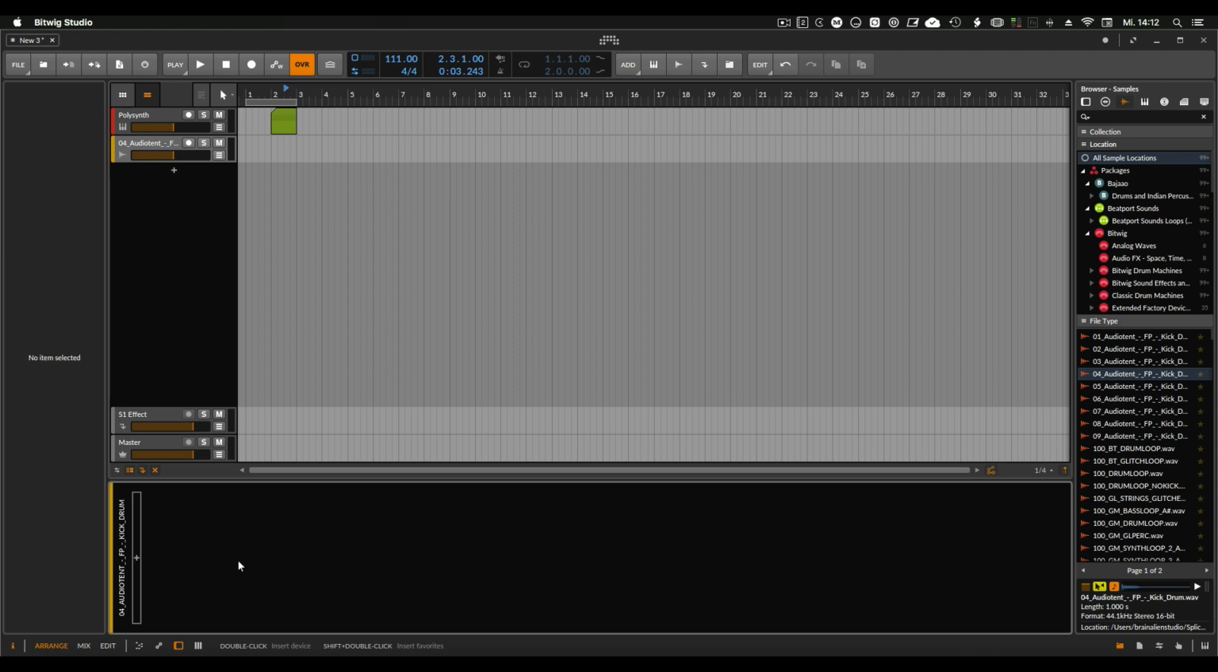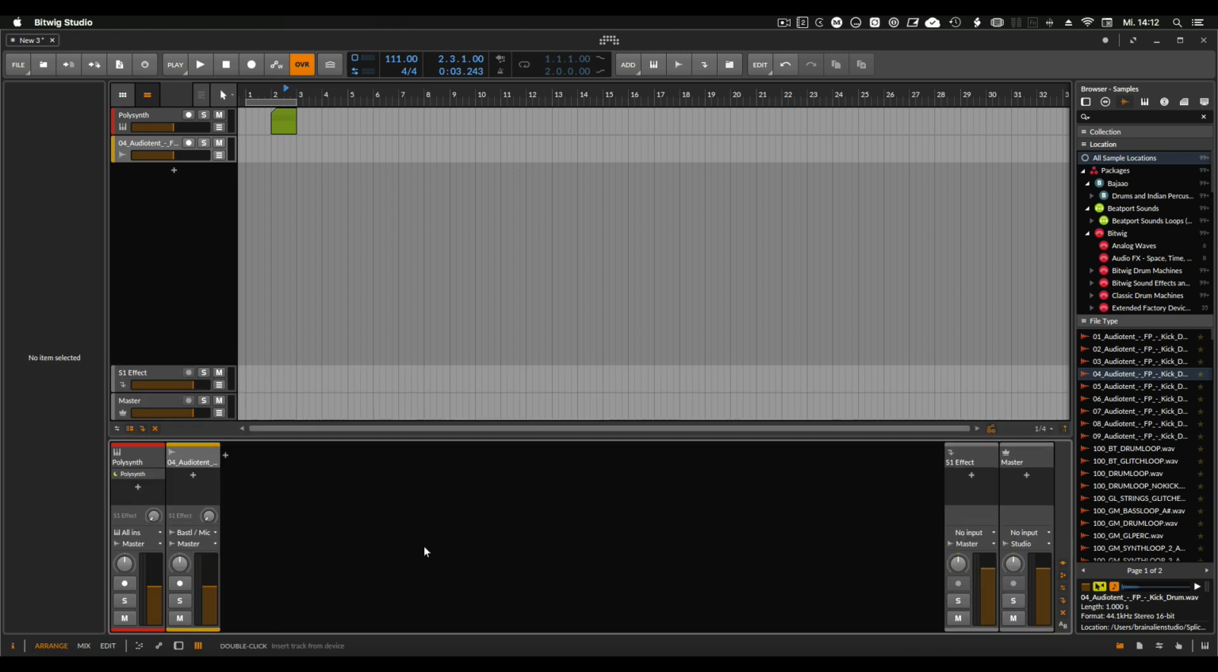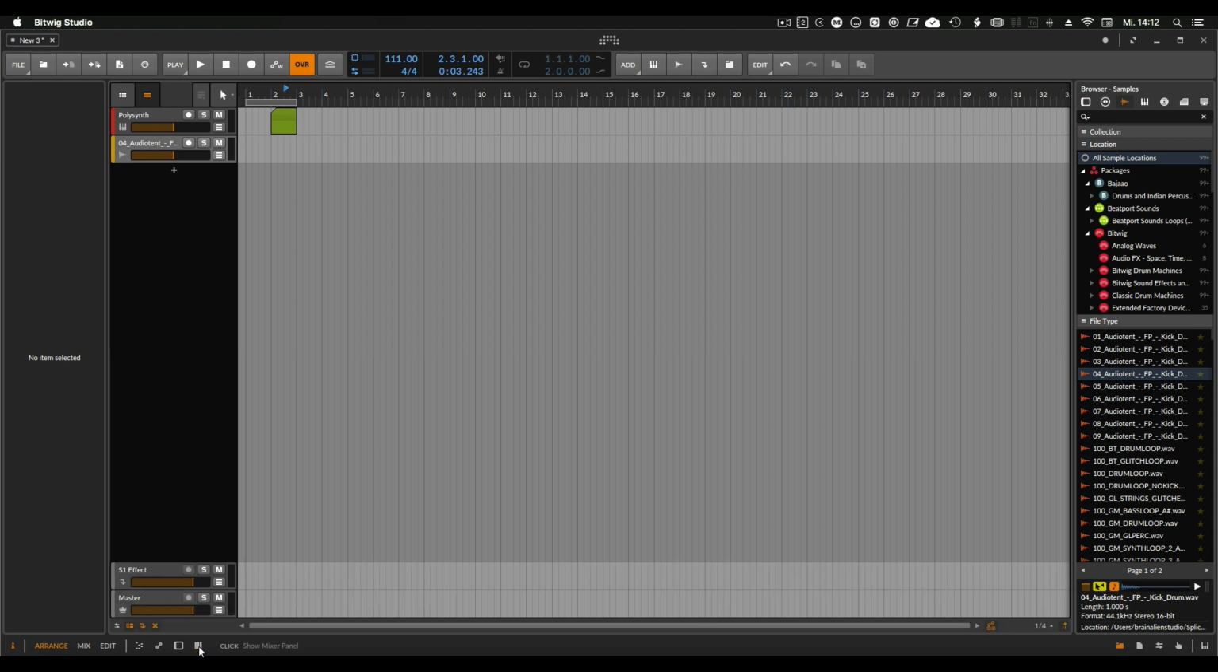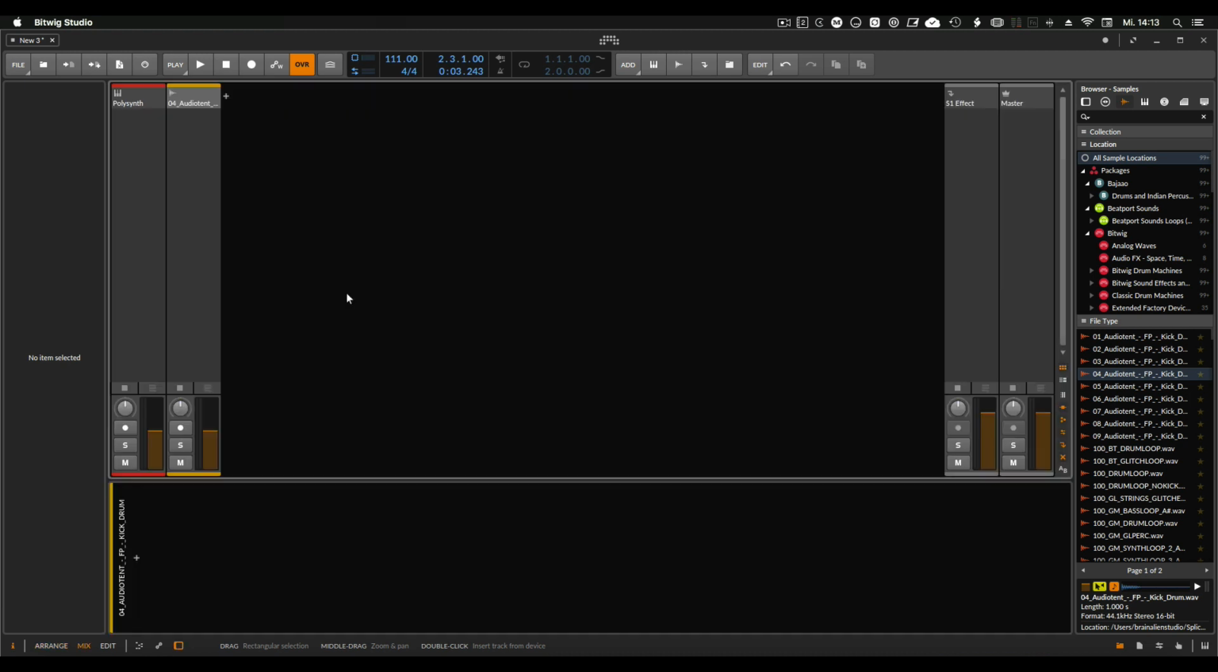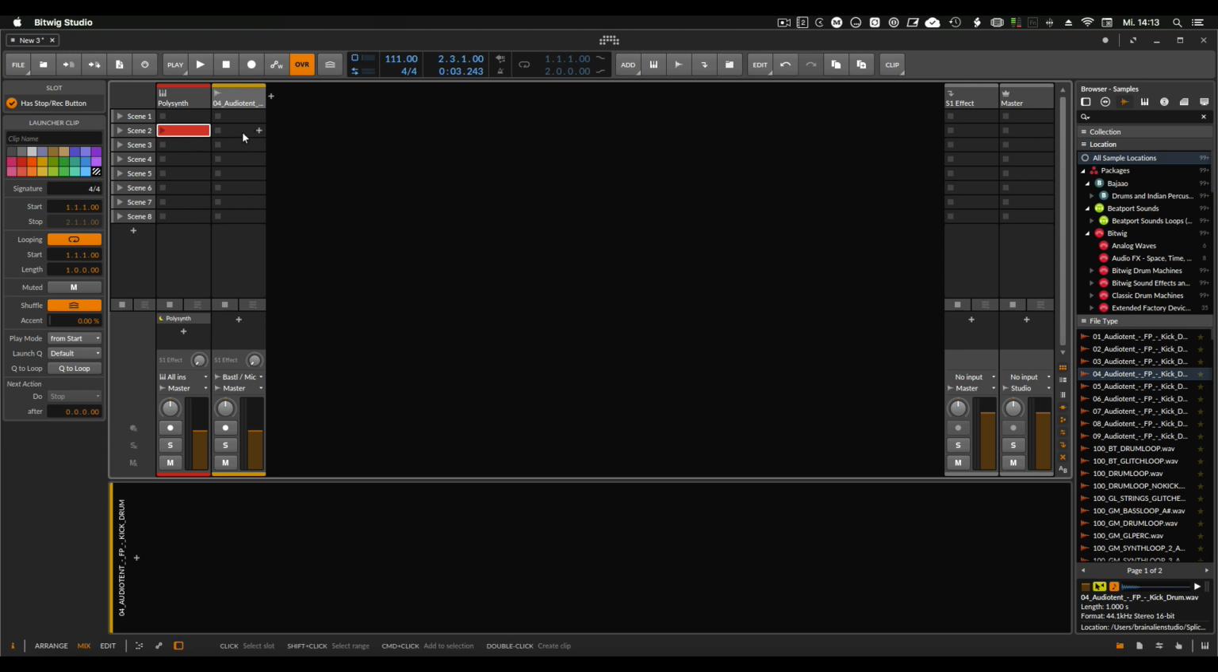Then you have the device panel where you load up all the instruments and effects, and then you have a mixer here as well, a mini mixer. And also what you can do, you have two different views in Bitwig, or three I should say. So one is here, the arrangement view, and the other one is this one, which is the clip view, or